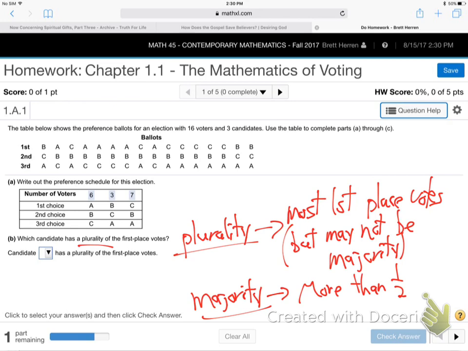So who gets the plurality? Who got the most first place votes then? Which candidate, A, B, or C, got the most first place votes? Yeah, because C got 7 first place votes. 7 people put C first. Does that make sense? So whereas 6 people put A first and only 3 people put B first. So C would win that election if we were